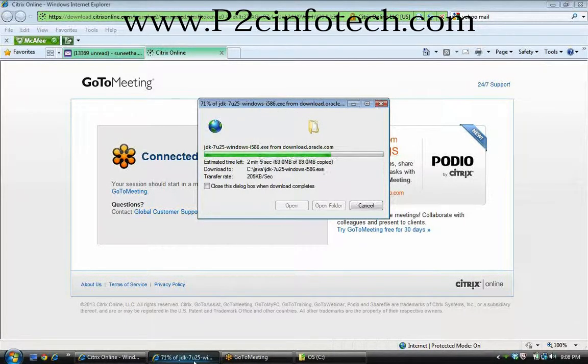Sanju, after installation, are you able to run any Java programs? Did you try, or did you just install Java on your machine? I installed Java, then I installed Eclipse. Okay, that's fine. I didn't try it with the command prompt. But you didn't try executing any Java program, correct? I just tried System.out.println, something like that. Just a simple program I tried.